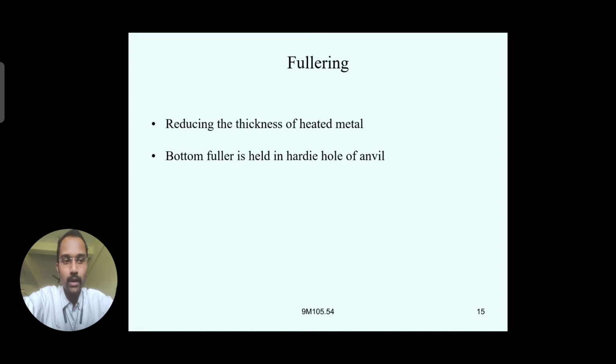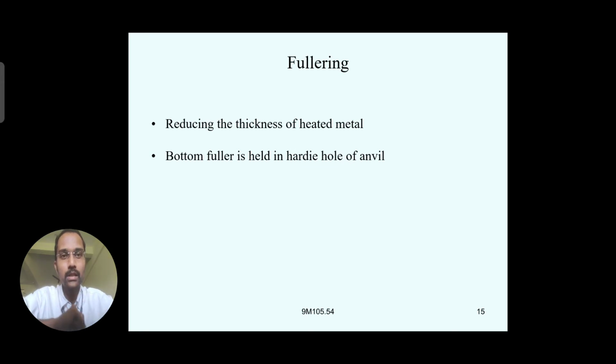Here we have the fuller tool separately, which is made similar to what we have seen earlier. The fuller also has a bottom part and a top part. The bottom fuller has a shank portion, which is inserted into the hardie hole of the anvil, and the workpiece is placed in between the top and bottom fuller.